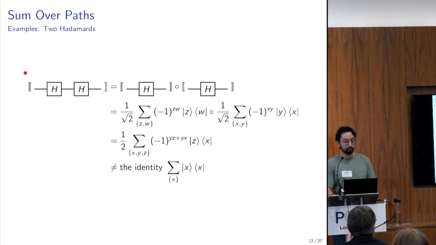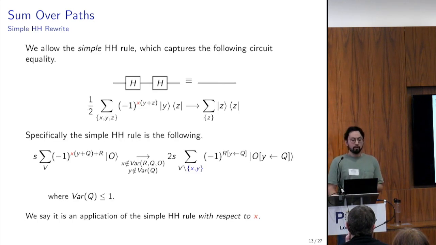And then another example, two Hadamards. We'll do the same thing. We do know that two Hadamards is a circuit identity, which is just the identity itself. And so we need something the same, just like in the ZX calculus, where we would simplify this into the identity. So we need some kind of rewrite rule similar to how we have circuit identities. For this, we'll introduce the HH rule. Maybe some of you are familiar with the HH rule, but we'll allow something called the simple HH rule, which allows this simplification that we were just running into,